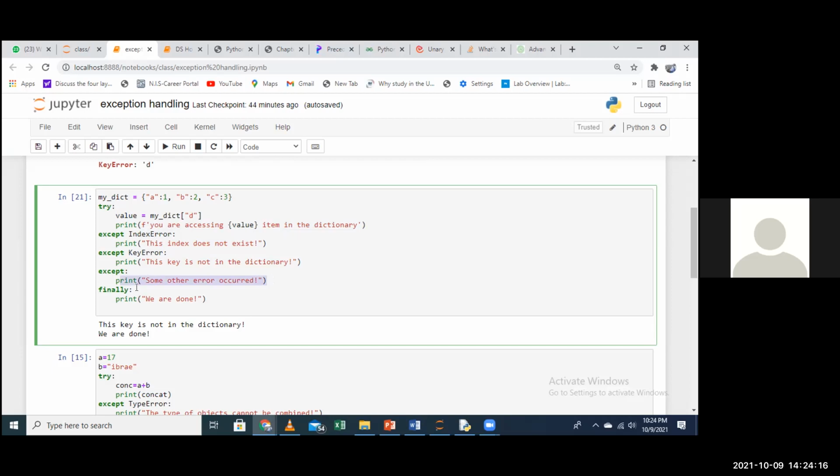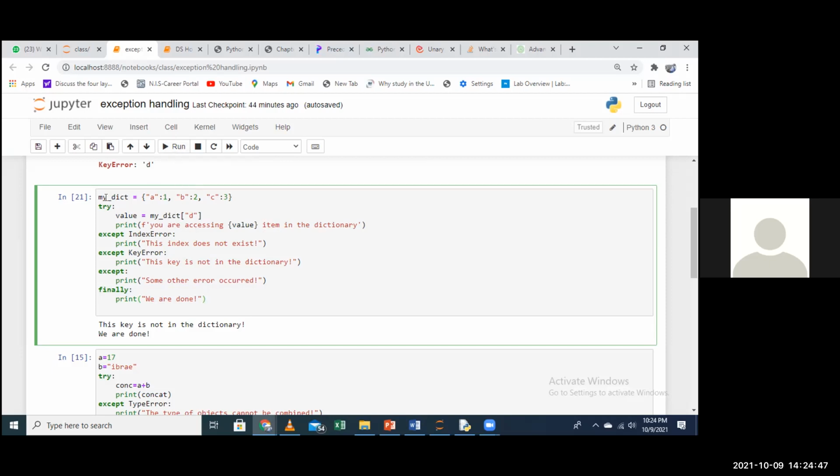And then finally, we have another block that we call finally. What finally does, in short, is it's just this part of code, regardless of what happens, regardless of exception or the value, the output, you're telling your computer to give this output. So finally is executed regardless of what happens before. It has to be executed regardless of the previous result. But with this one, you can see it later.